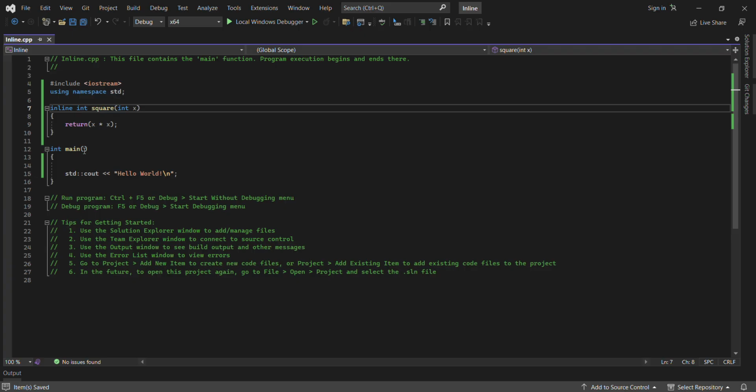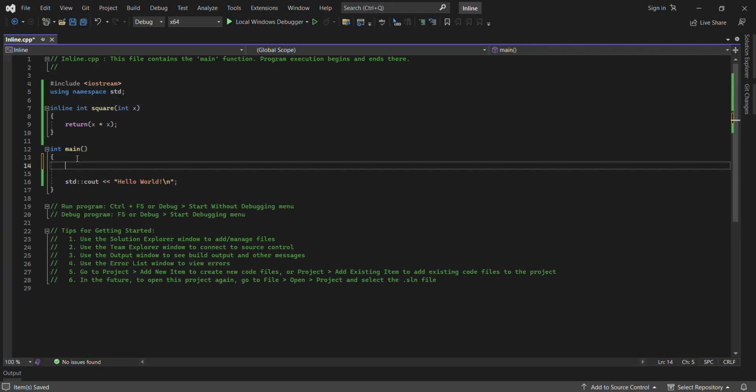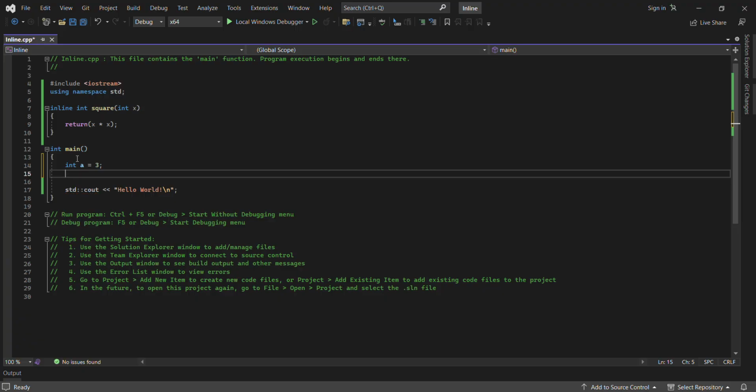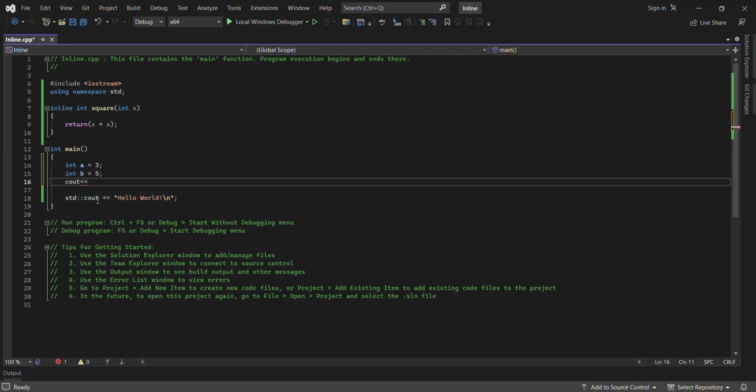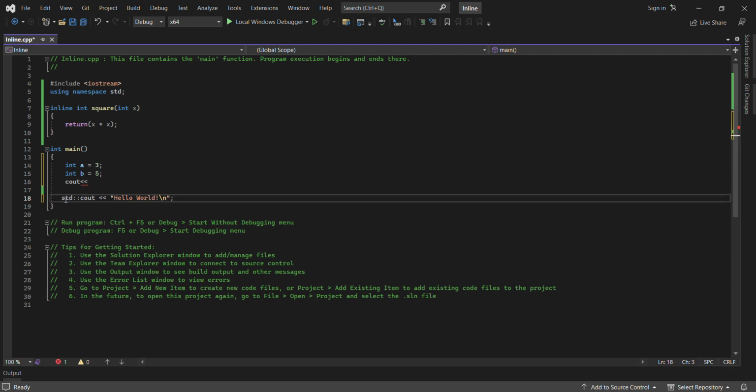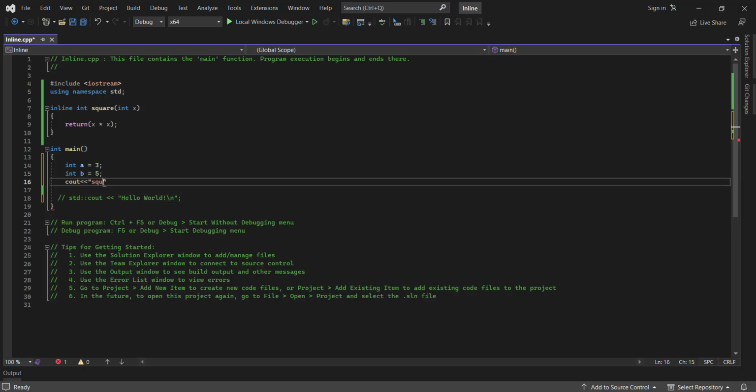So next, within the main function, I will take two integer values, say for example a is 3, and then I want to assign for b the value 5, right? I will use the cout statements to print the square of these two values. So I will comment this line. Okay, square of